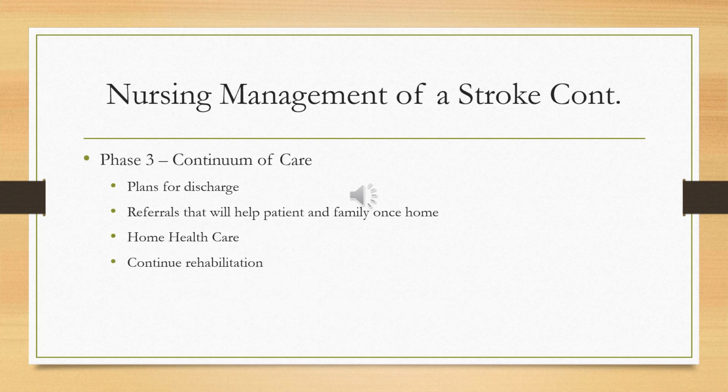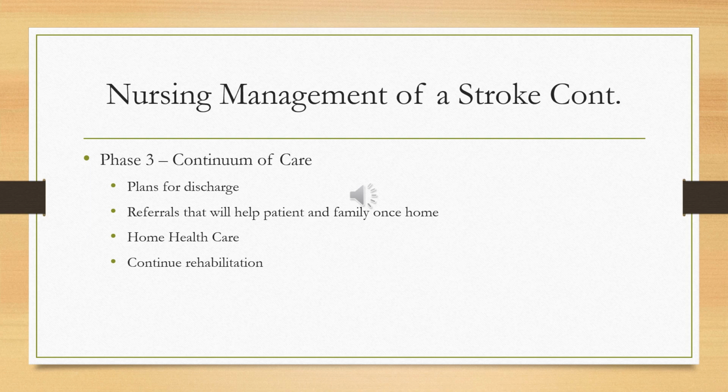Now, when we're in phase 3, we're continuing the rehabilitation process, getting them back to their optimal level of functioning. So what are our plans for discharge? Are they going home? If they're going home, do they need home health care? Do they have family at home that can care for them? Are they going to need further therapy at home? Are they going to a skilled facility? Will they need therapies in the skilled facility? What are our continuous plans for care and ensuring this patient continues their rehab services and reaches their